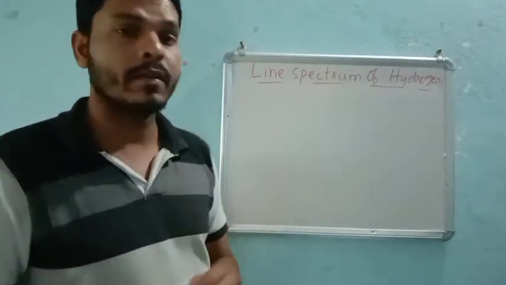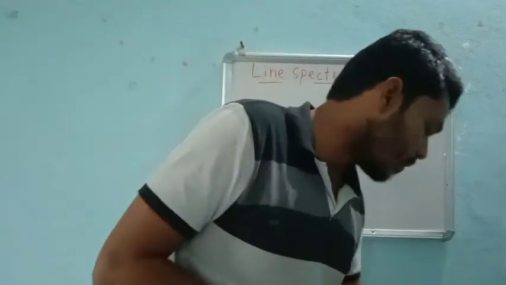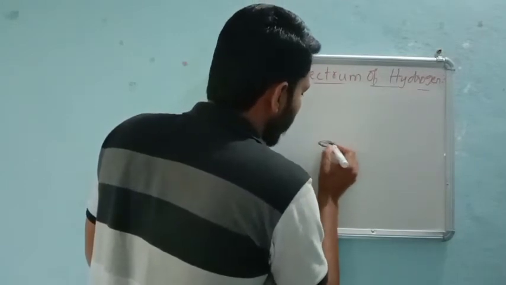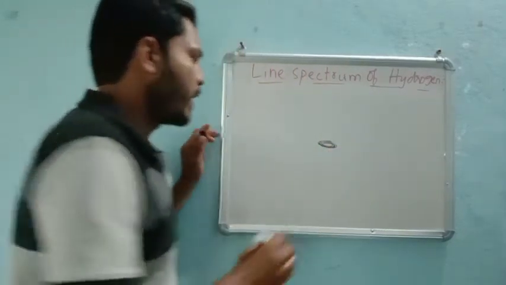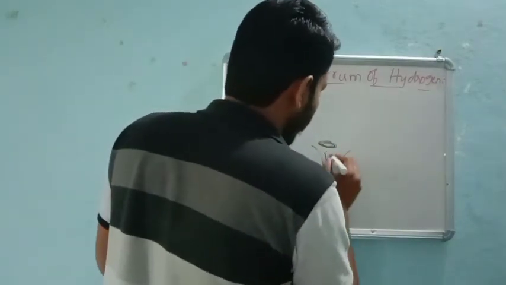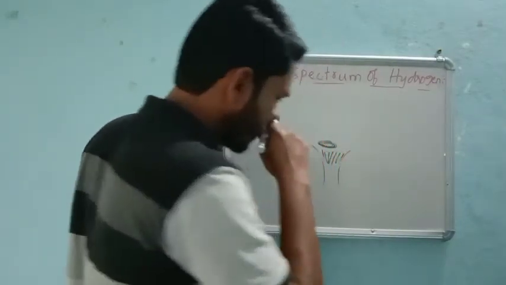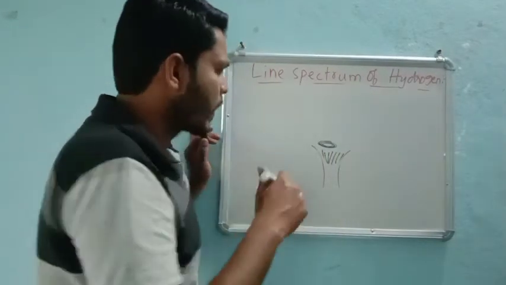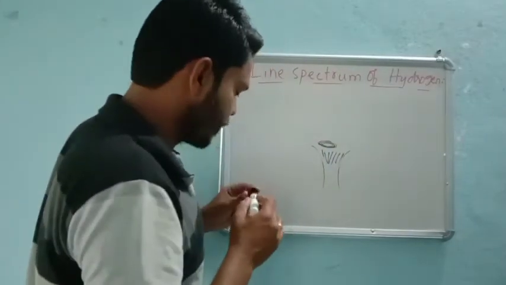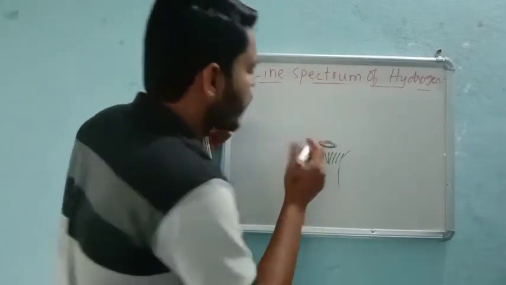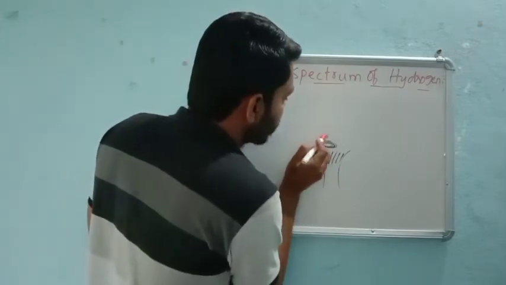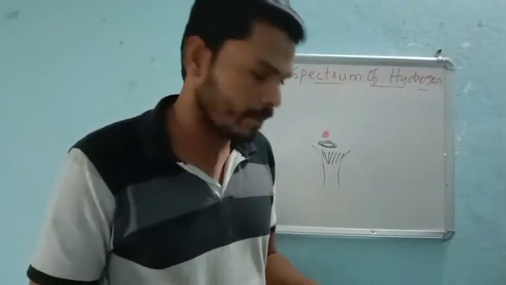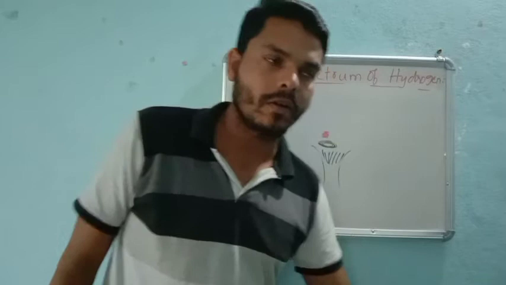Before going to this, I want to explain that. Say for example, we have a matter like this, any matter you can take, and you start heating it, I mean burning it with the help of a flame. So what happens? Somewhere over here, we just see the color, right? When we burn it, you observed or not, I don't know.